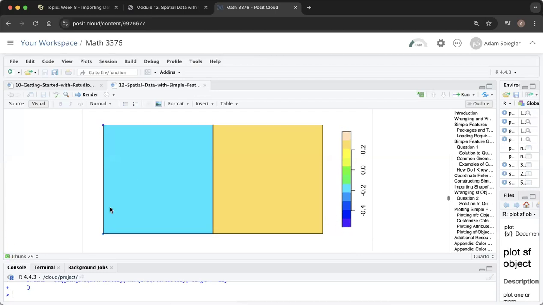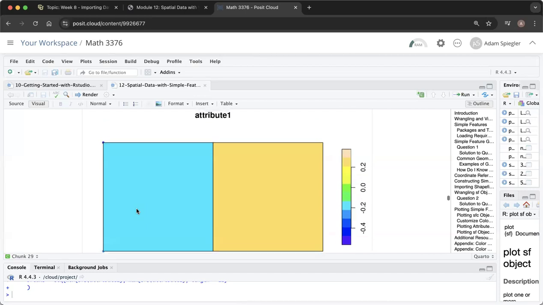Okay, so that is how we can create and plot a couple of different SF objects. We had one that were points, we had one that were polygons, and then this most recent one had a geometry list column that had both points and polygons in it. And so I'll just say that if you have different geometry objects that you want to include in a plot like this, rather than join them all into a single SF object like we did, a better game plan is